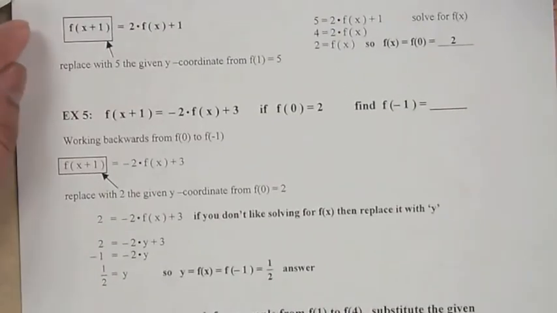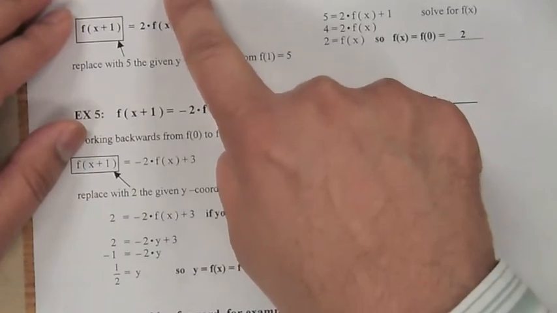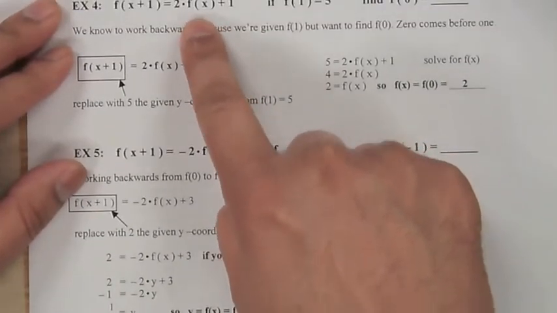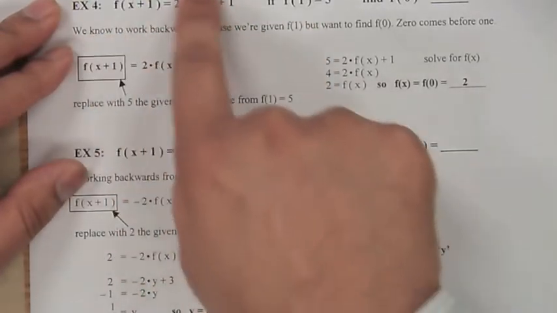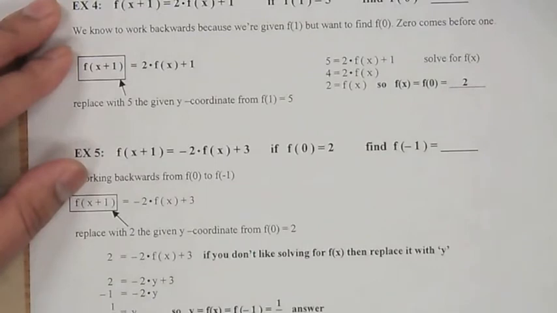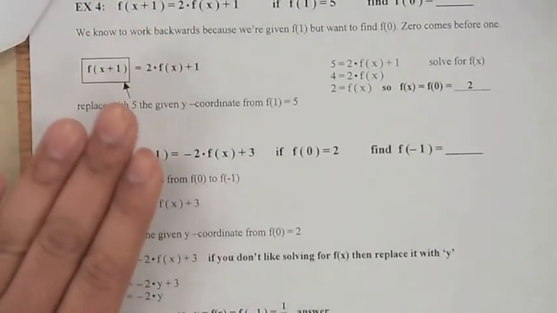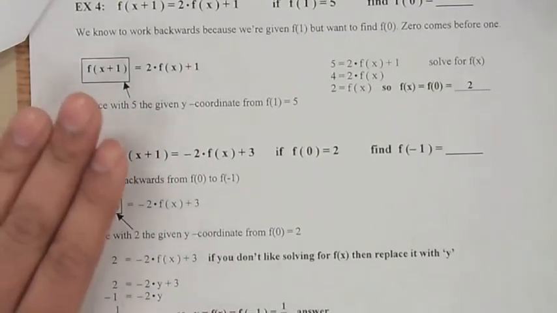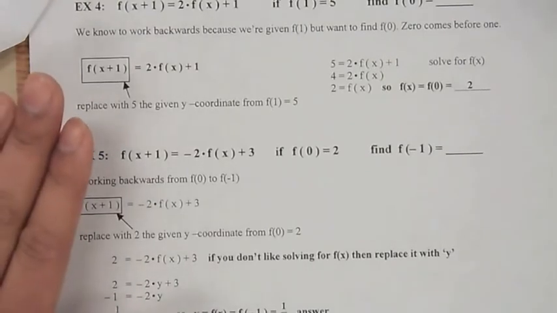Okay, in example number 4, we start with f of 2 times, and this is where we replace the f of x, we just change that to a parentheses, plus 1. Okay, now this working backward stuff, we are not going to do. So don't worry about this particular page. And on the homework, whenever it says working backwards, we're also not going to worry about this. But in class, we'll go over this just to give you guys an idea. The next part,